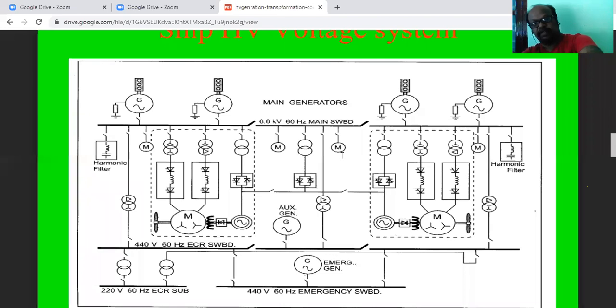The first line is exclusively acting as a bus bar. There are four main generators at 6.6 kV. So here, as far as the motor connection is concerned, it is connected by two means. One is for supply. I already told that there is a possibility of getting power back from the motor when the braking operation takes place. Suddenly, I want to stop the propeller arrangement. So immediately I can stop this.